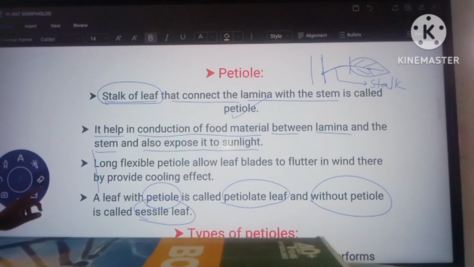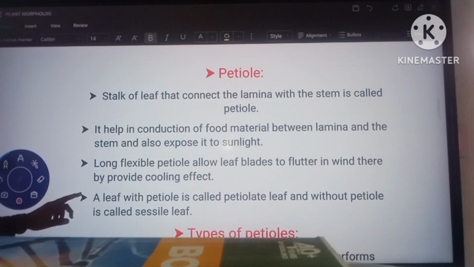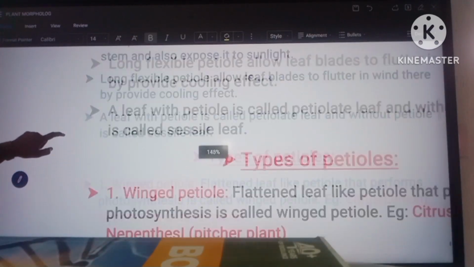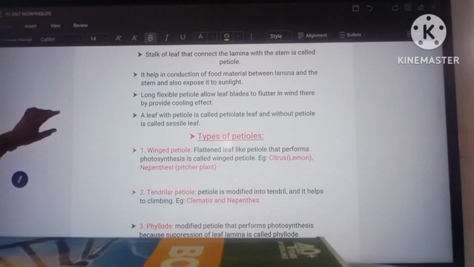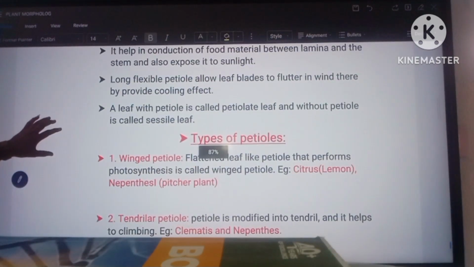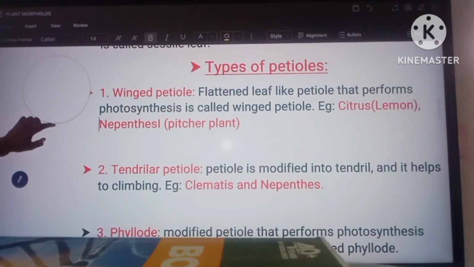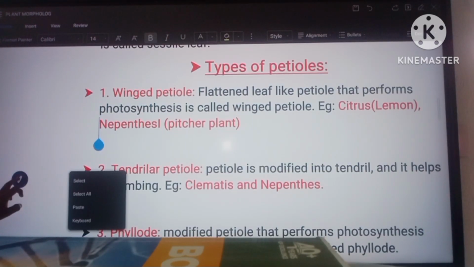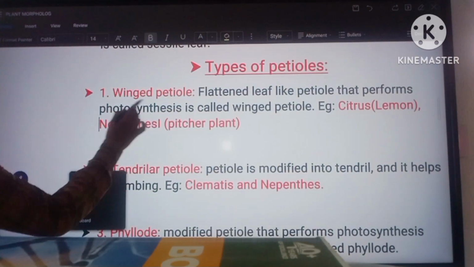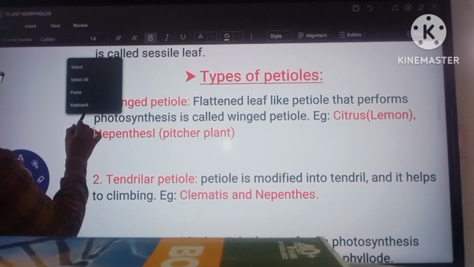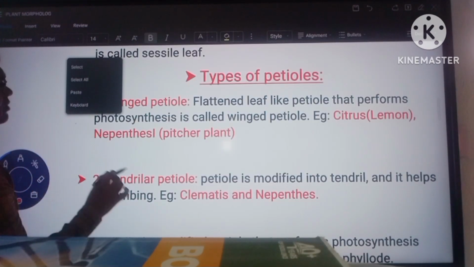Next, how many types of petioles are present in angiospermic plants? Types of petioles. Now see, the first type of petiole is called